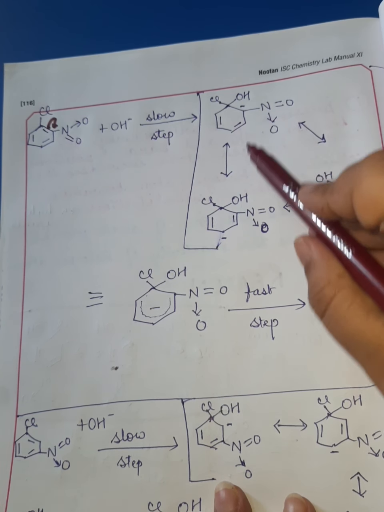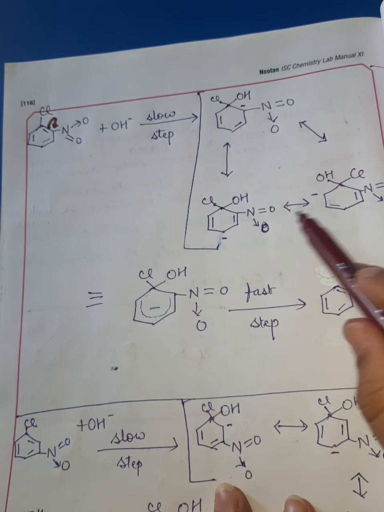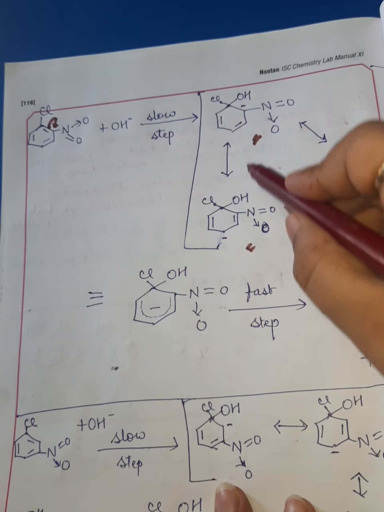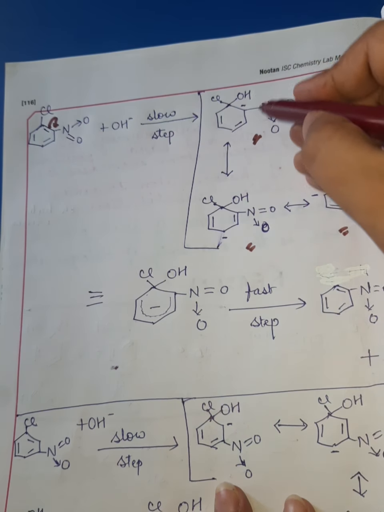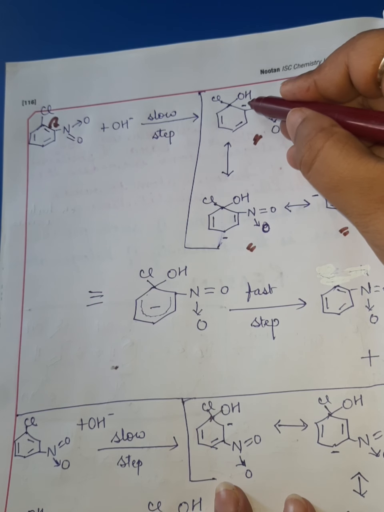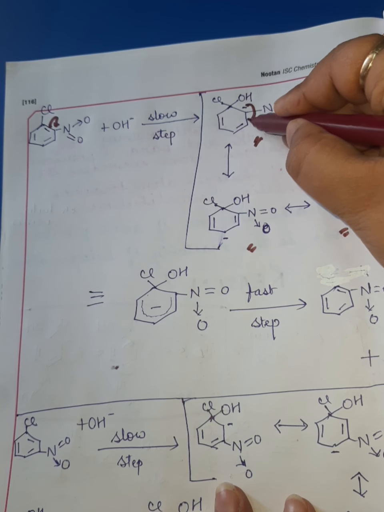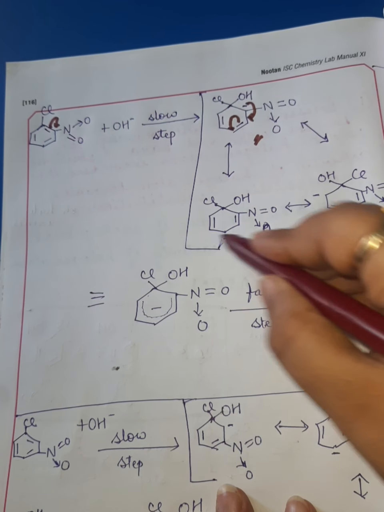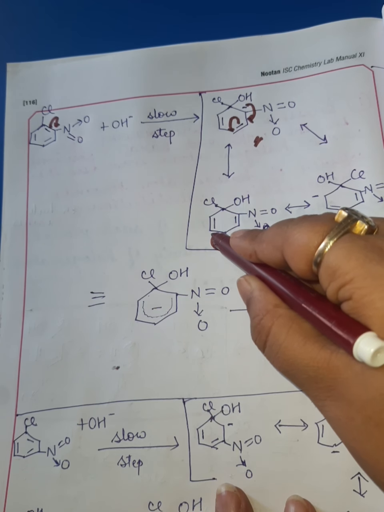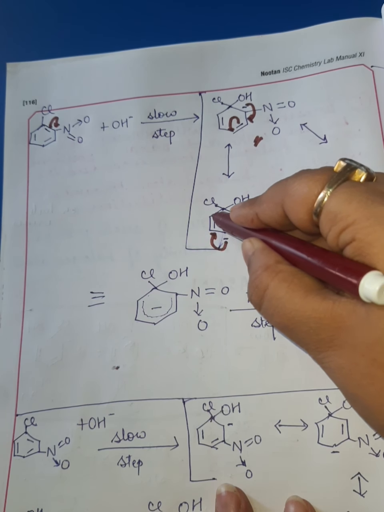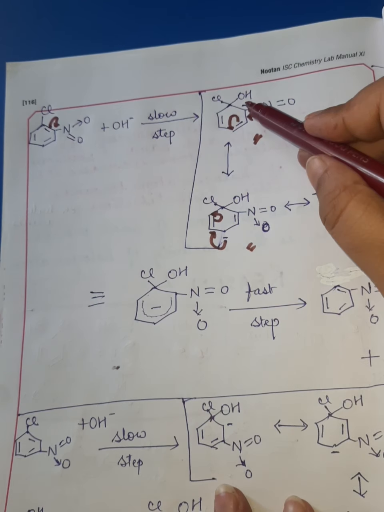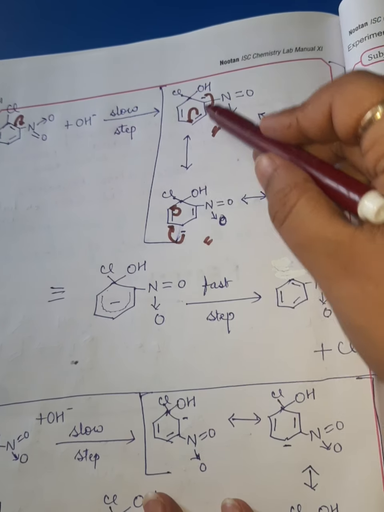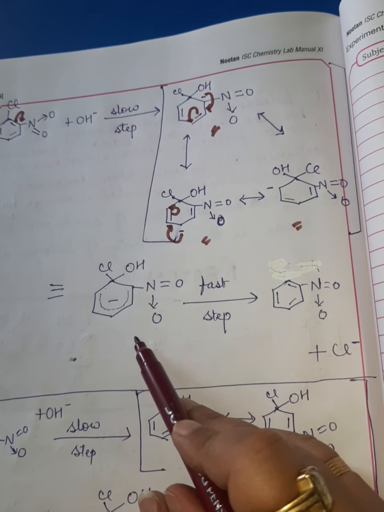Now this carbanion, through these steps, have a look. This way. First is this. Second is this. Third is this. Through this way, it is getting resonance stabilized. Just see how this negative charge gets delocalized here, and pi electrons are getting delocalized here. So this structure is formed. Now this negative charge gets delocalized here, and pi electrons are getting delocalized here. So this is getting negative charge. So the carbanions are formed undergoing resonance stabilization. So the resonance hybrid of this carbanion can be represented that way.